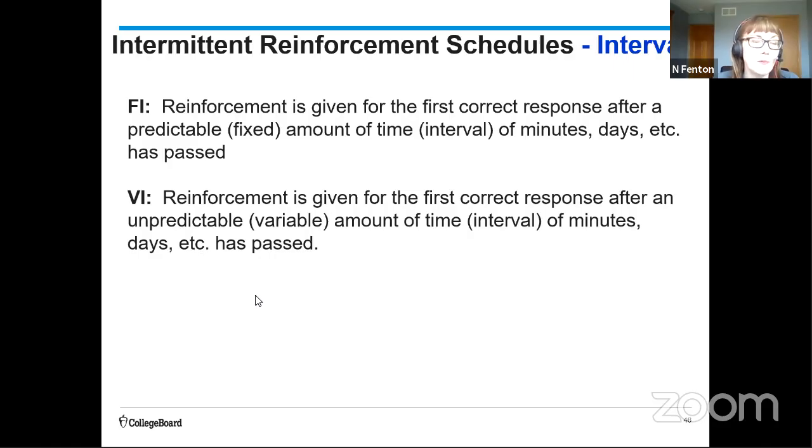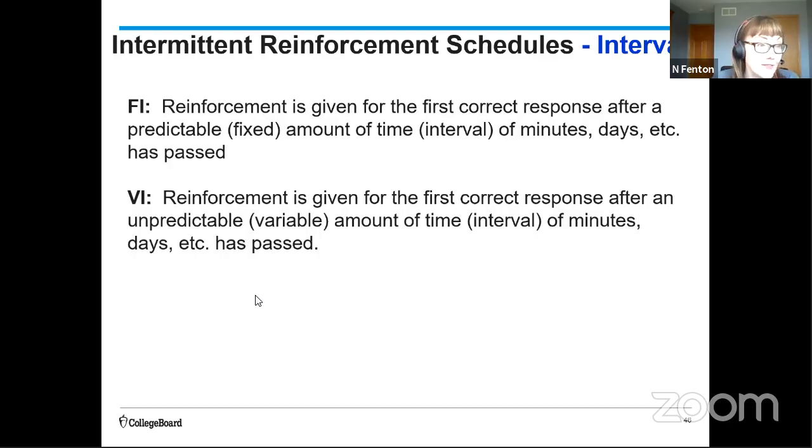Students who are rewarded for a good grade on a test, if it's a predictable test, right? So if a teacher says there's going to be a quiz every Thursday, every Thursday, we're going to have a quiz at the beginning of class. Assuming you want that good grade, you want that reinforcement, studying behavior is what the teacher's trying to reinforce. So if it's a test every Thursday, when will many students study? If it's every Thursday, maybe Wednesday night, yikes, maybe Thursday morning.